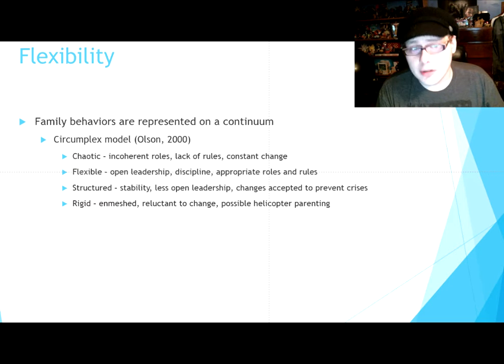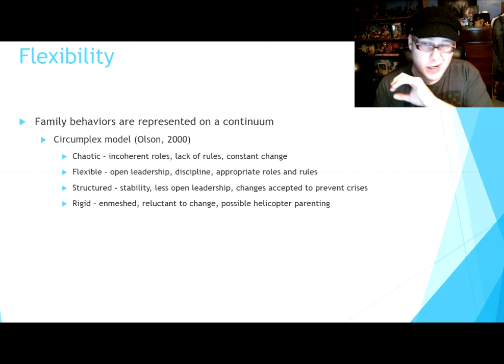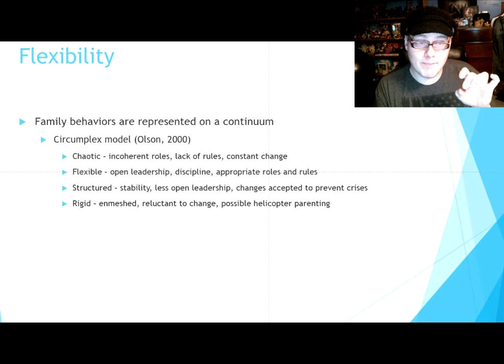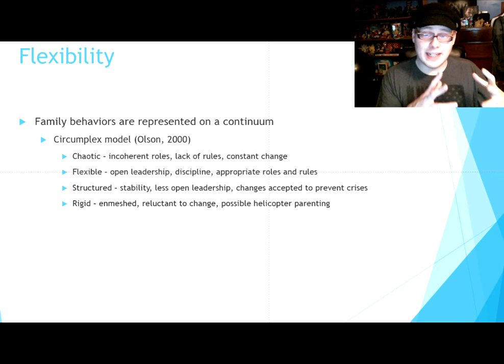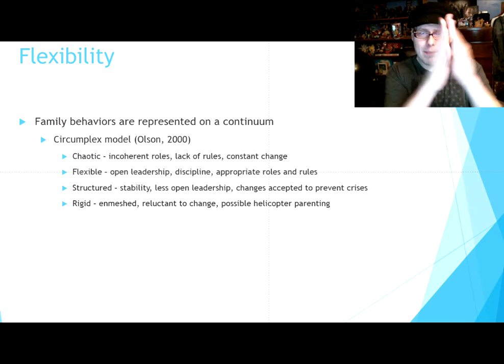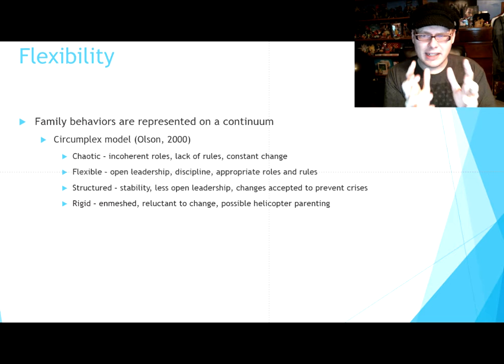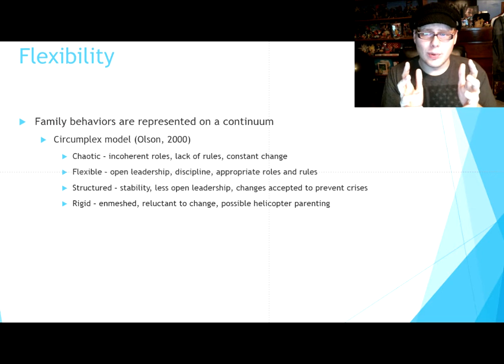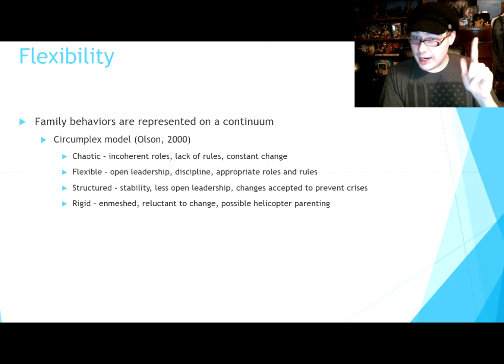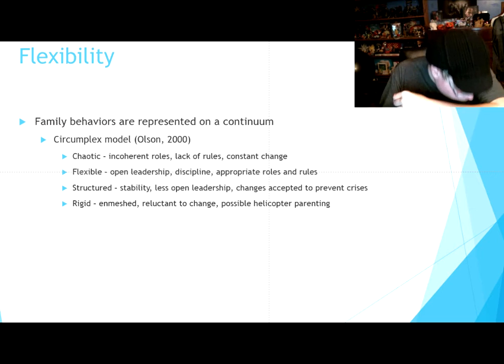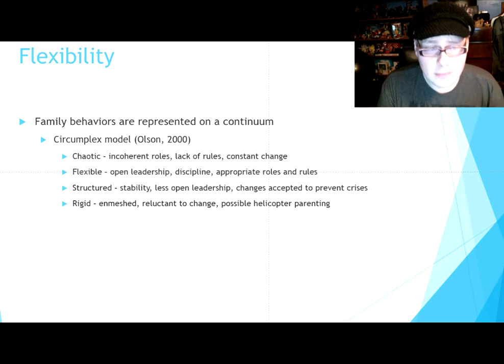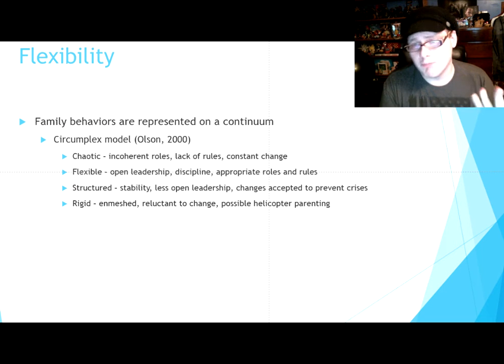Then you have structured families. They have more stability, but on that continuum, they're leaning towards a less open leadership. This is getting closer to that parental guidance, that strict rule, like my way or the highway kind of mentality. And then change is accepted to prevent crises.